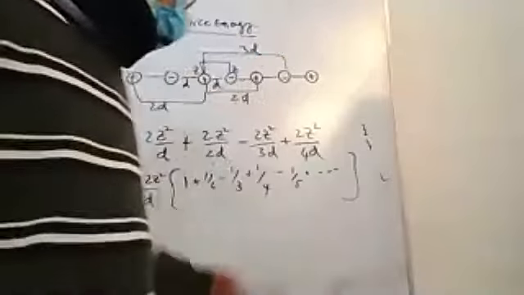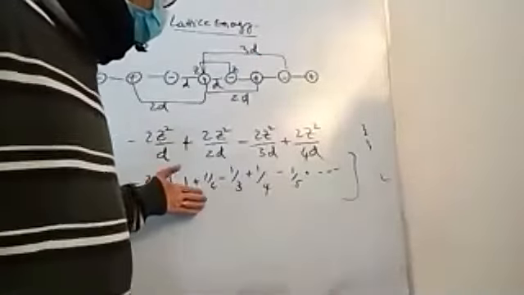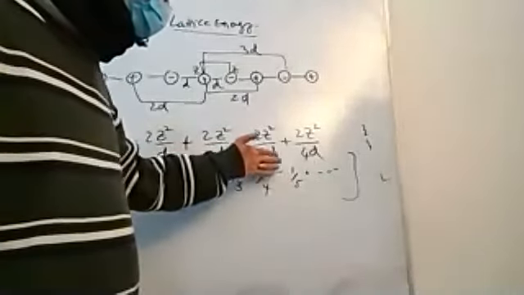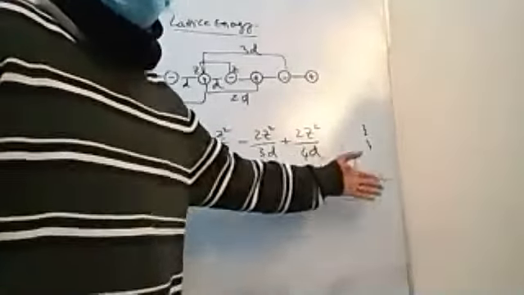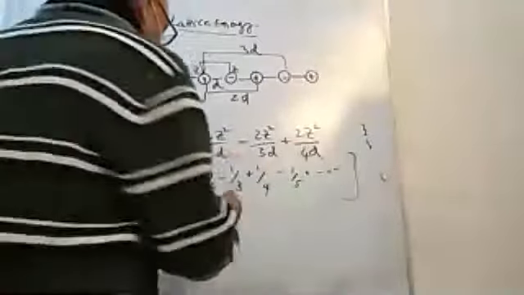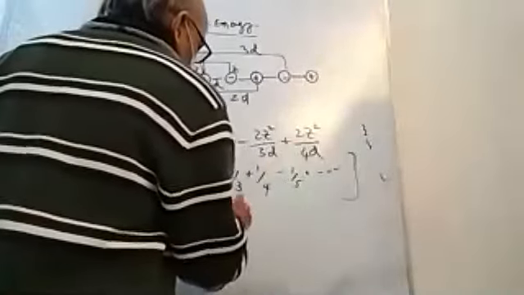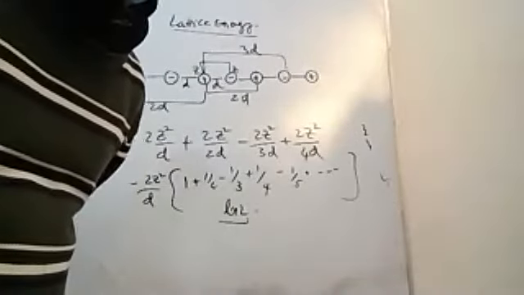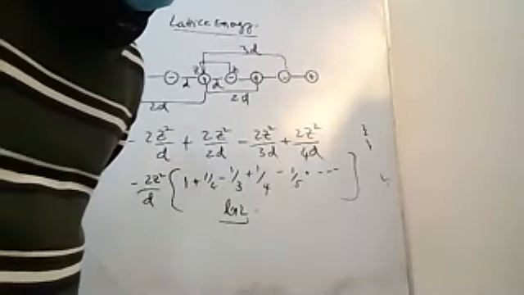The beauty of this is I have a series expression, 1 plus 1/2 minus 1/3 plus 1/4 minus 1/5 plus 1/6 minus 1/7, and so on and so forth. If you look at the overall value, it is nothing but ln2. Natural log of 2. That's the value there. Okay. I found this on the web. Does it make sense to you?